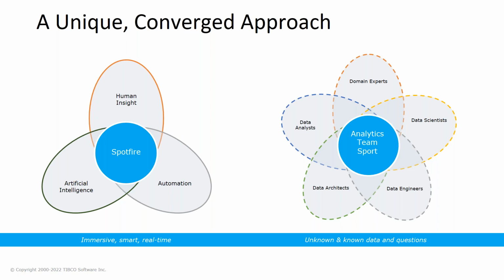So what you also see in my references, for example at Brembo, is that all these different kinds of users can now work together in one single platform to share the same knowledge and work on the same insights. So data analysts and domain experts, data scientists or citizen data scientists, data engineers and architects can now look at the same data and work on the same platform as a team together.